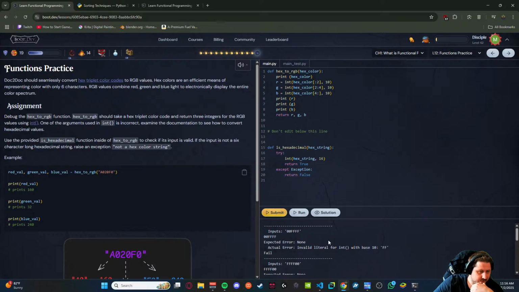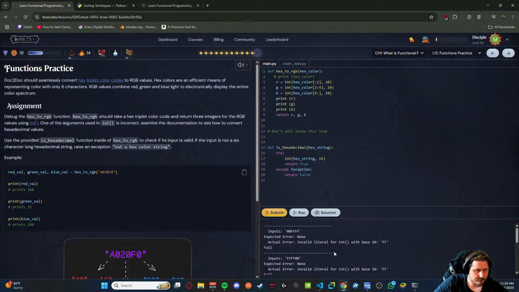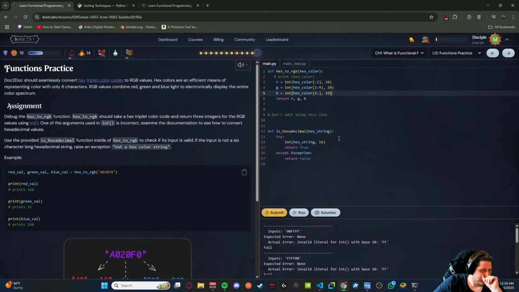Okay, so it printed this. It doesn't print these guys. One of the arguments used in int is incorrect.